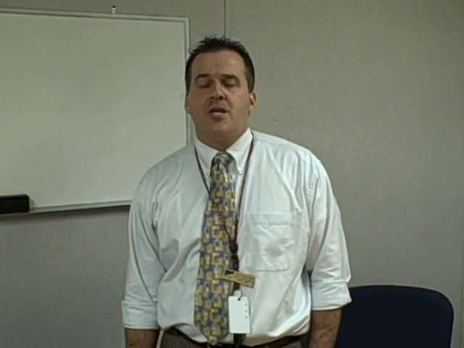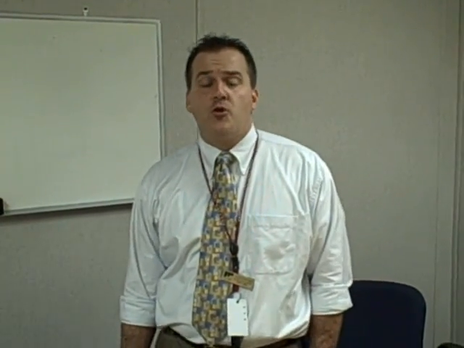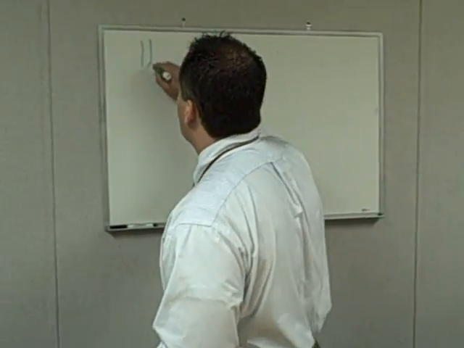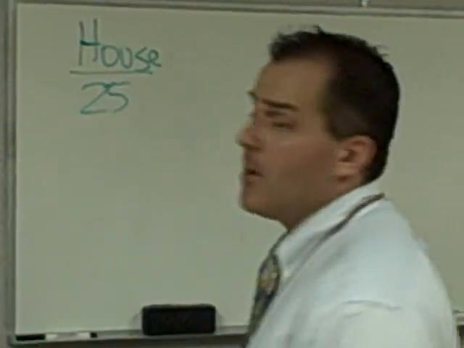When you look at the United States House, the constitutional requirements are very simple. Number one, you have got to be a minimum of 25 years old. In order to become a House member, you've got to be a minimum of 25 years old. So let me just go ahead and put this up here. For the House, you've got to be 25 years old minimum to get in.